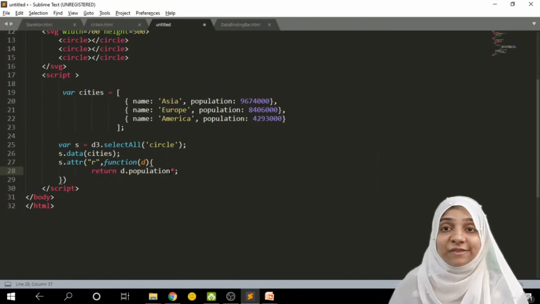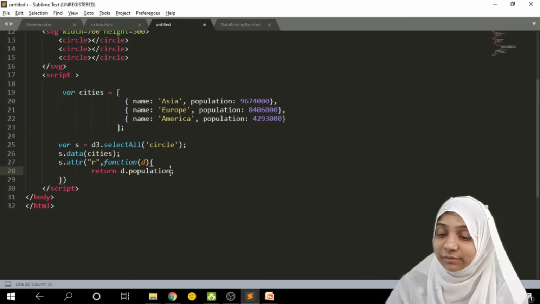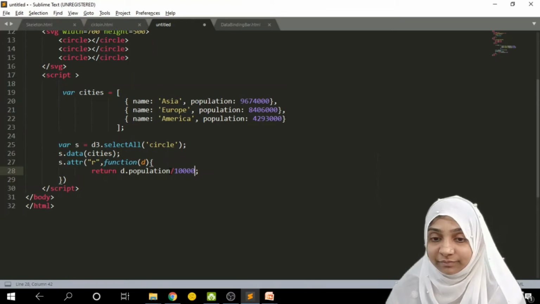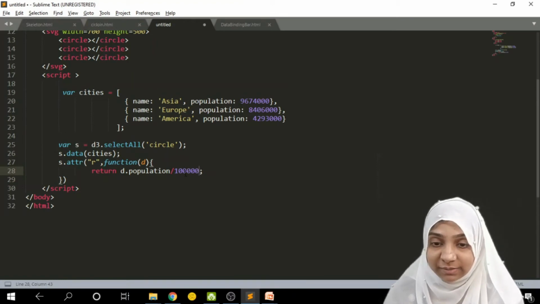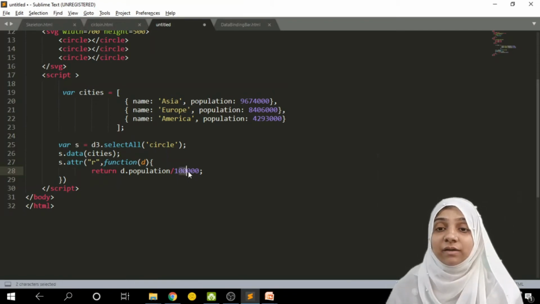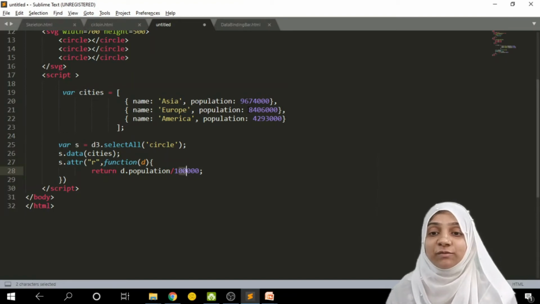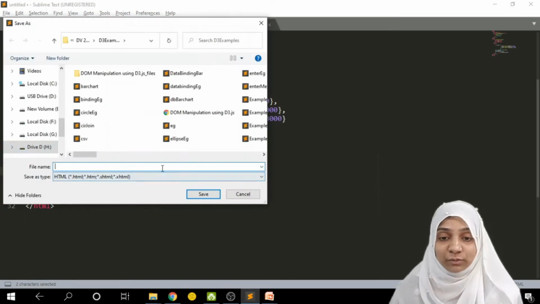So let me scale it down by dividing by 10,000, or say let me divide these values by 1 lakh. So we will have the output as 96 for the very first value, for the second it would be 84, and the third it would be 42. That is how it will look.